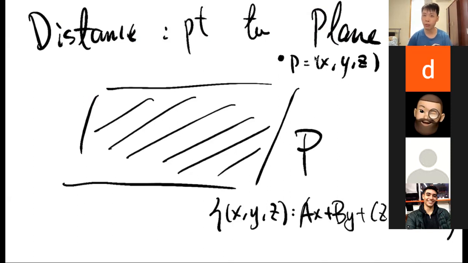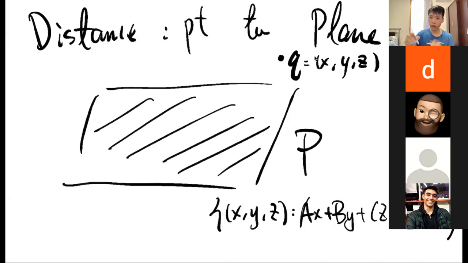the distance between the point P. Well, it's very confusing. Let's use the letter Q for the point, and call the plane P. How do we determine the distance between the point and the plane? You need to find the normal vector